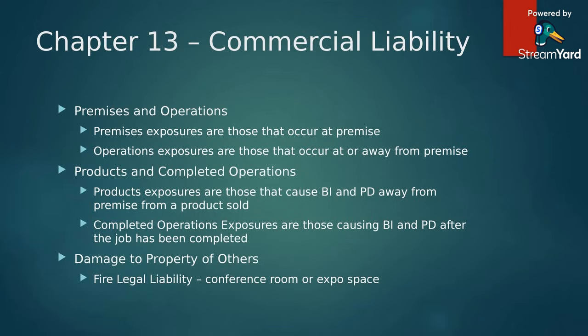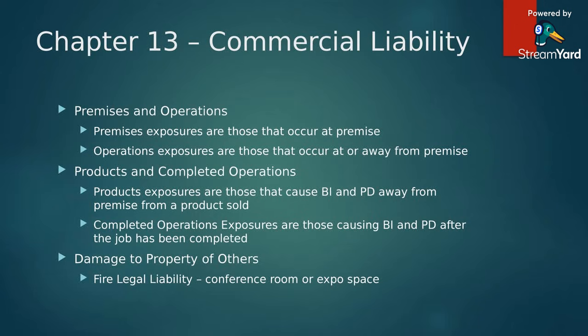Products and completed operations exposures are going to come from losses arising from products and/or completed operations of the business. Products exposures are going to be for those that cause any bodily injury and property damage away from the premise from any products sold. Examples would be Takata airbags, Listeria and the Bluebell. And just FYI, even though you consume the food at a restaurant on premise, sometimes this will be called a